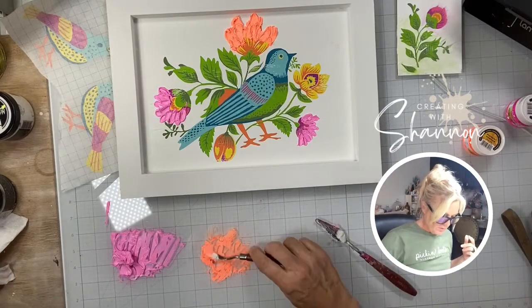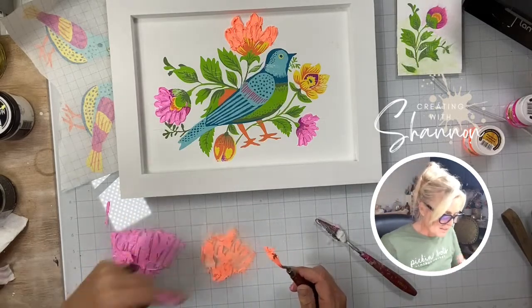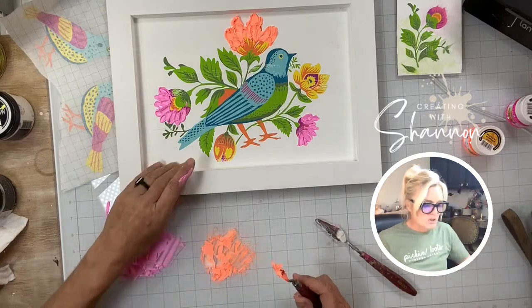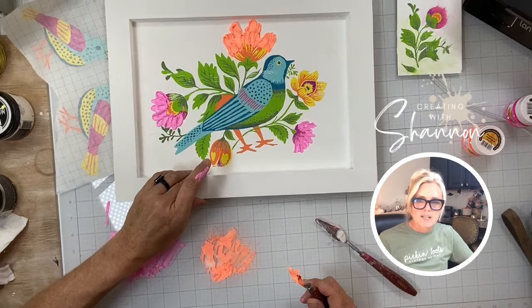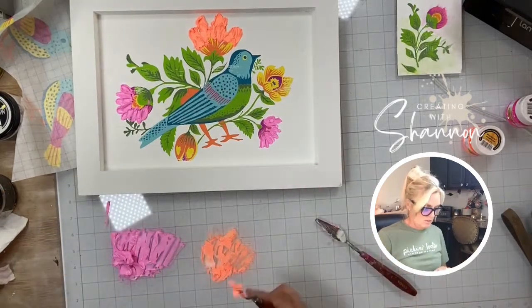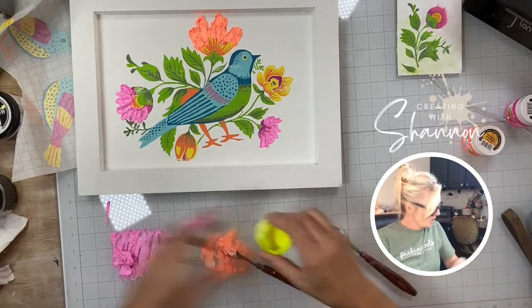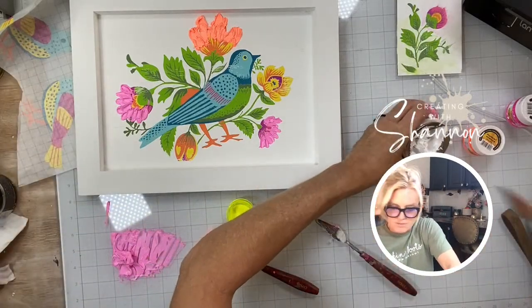All right, I'm going to leave his feet alone. I'm going to add a little bit down here. Nah, you know what? I'm going to leave the rest of these flowers alone. Let's create our own little flower right here. I feel like maybe I should mix up just a little yellow. I'm going to use the modeling paste for this one. I'm going to get a different...